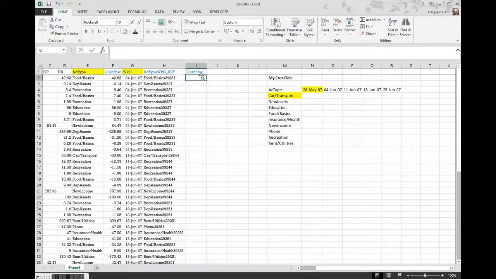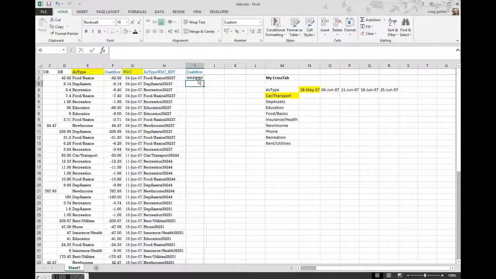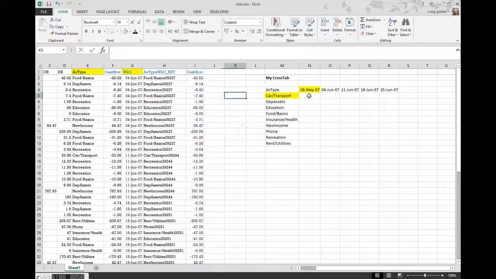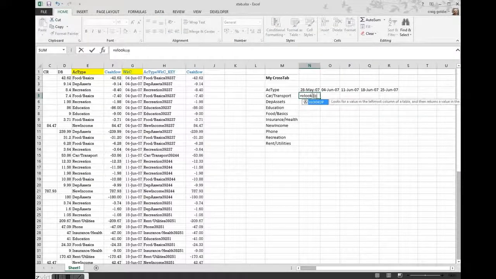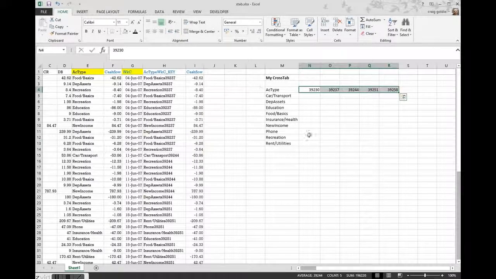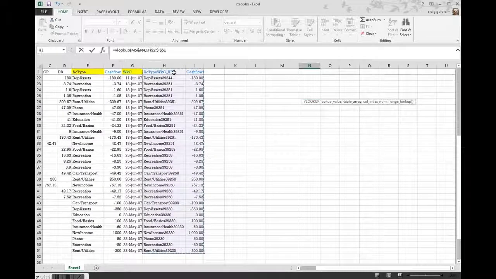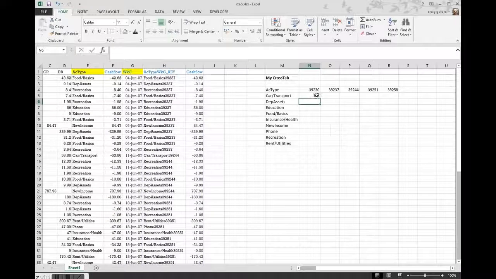Now the way that you're going to do this is use a VLOOKUP formula, but Excel doesn't like VLOOKUPs on the right, so we just pull the cash flow to the right of that key. And then we just start writing the VLOOKUP formula. So as you can see, the dates here in number form match the right hand side of column H values. So what we're doing is we're saying look up AC type week commencing associated with that cell,